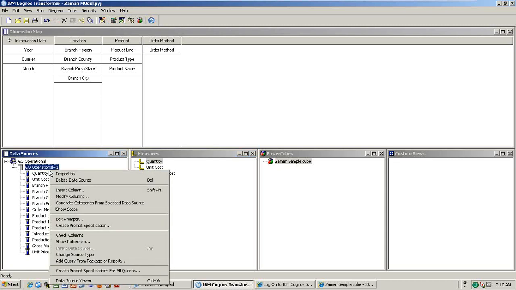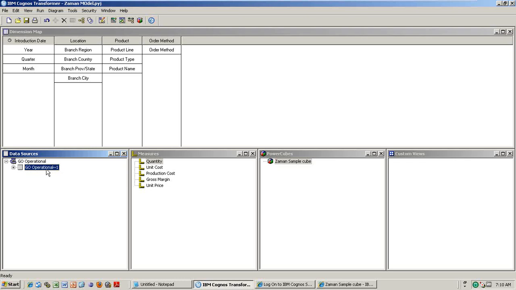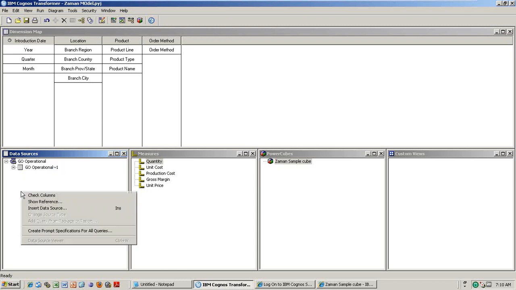The next one, generate the categories from selected data source. For example, now from this Go Operational package, maybe product line, I'm getting camping and golfing only, for example, assume, and I am using one more data source.